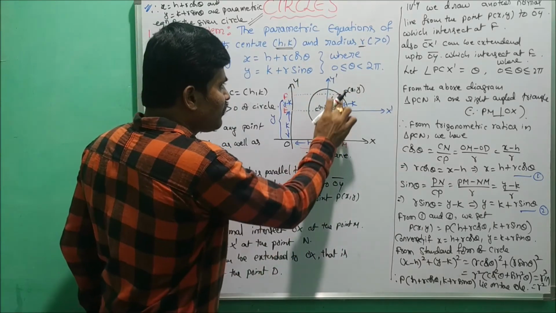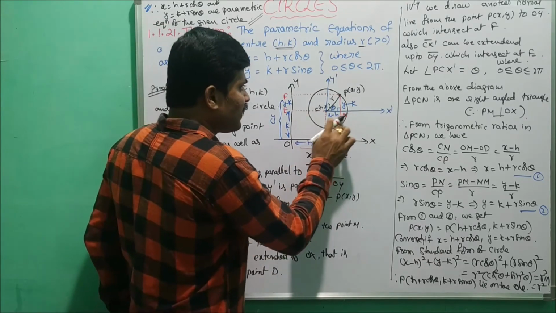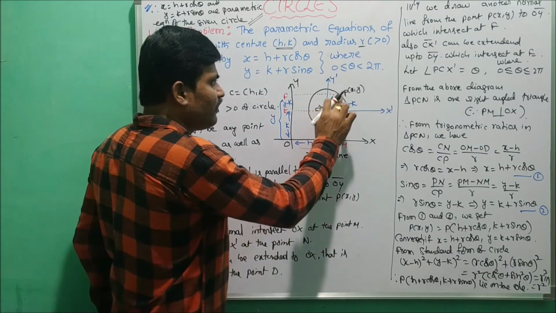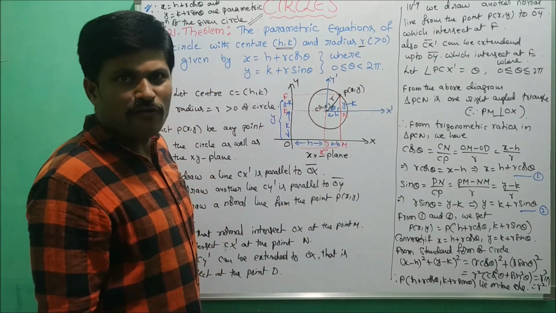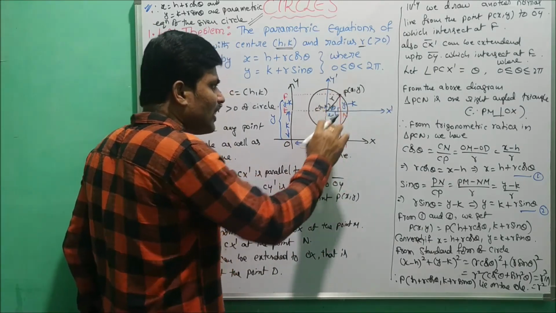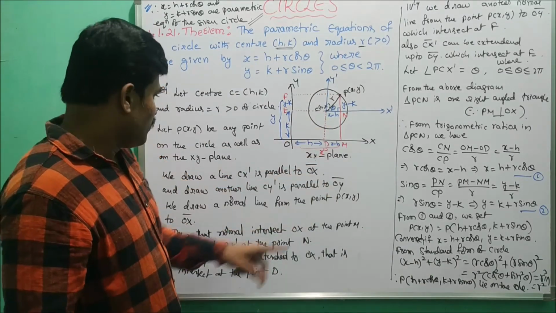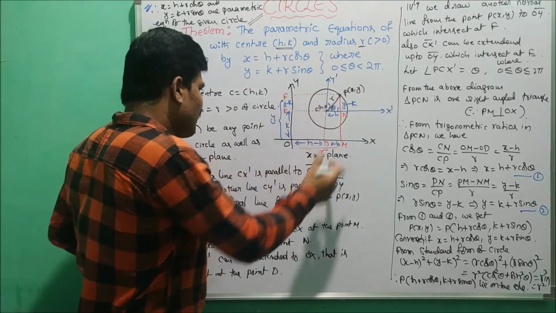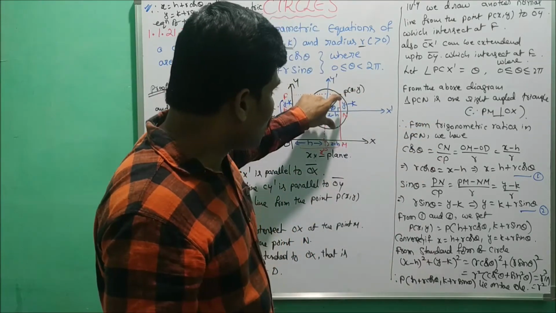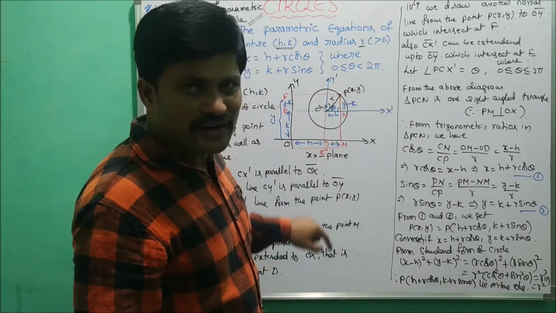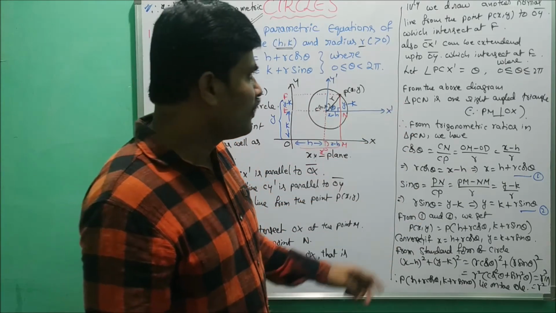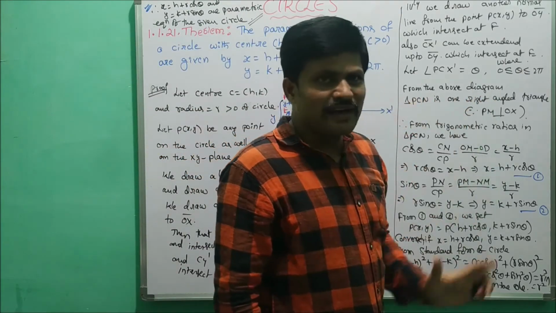Now we take the same values here. So CN is clearly equal to x minus h, PN is clearly equal to y minus k. And also let us consider the angle PCX dash, that is theta. So here we have to observe in the diagram, this is a right angle triangle. The triangle PCN is a right angle triangle because PM is normal to the x-axis, at the same time CX dash. So the triangle PCN is the right angle triangle.